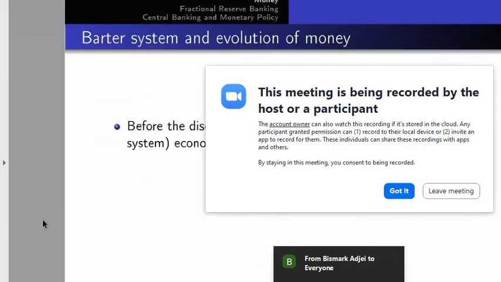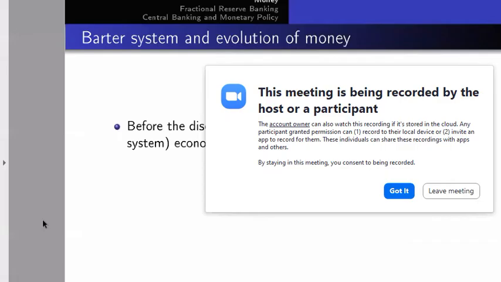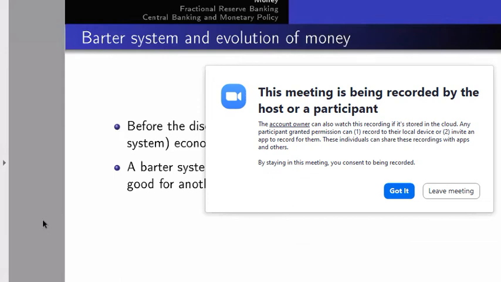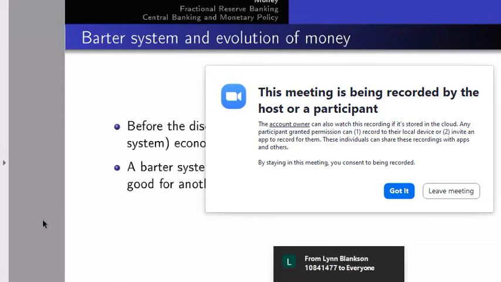Before the discovery of money, there was an alternative, called the barter system. The barter system simply involved the exchange of goods and services. So if I have a bottle of Avaro, which is in front of me now, and somebody has a bottle of beer, we could decide to exchange it. It was physical goods being exchanged. That was what the barter system was all about.